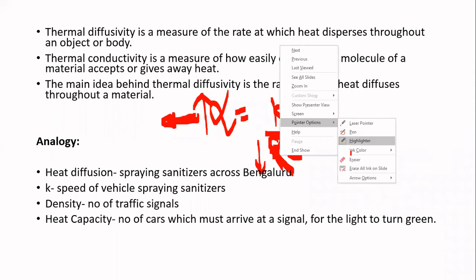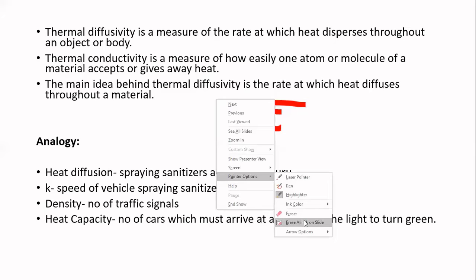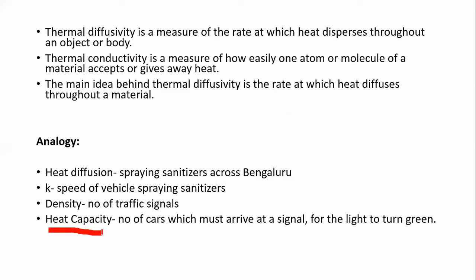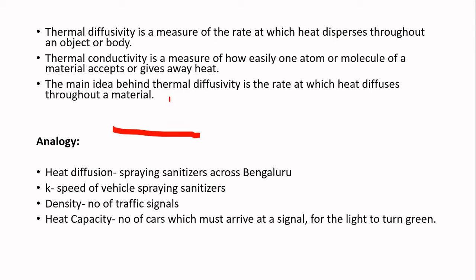Now we will see how this specific heat capacity is going to affect the flow of heat. This C term is in the denominator. We will see what is the significance of this C term. Heat capacity signifies how much heat can be stored at a particular point by the material. So we are going to consider this as the traffic holding capacity of any particular signal. We will take 2 examples. First example is the Kundanhalli signal.